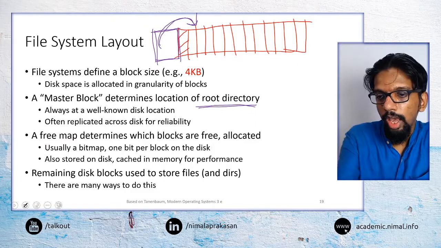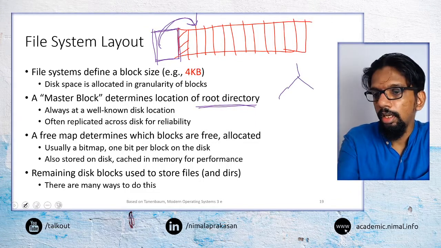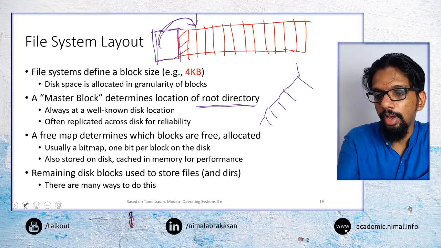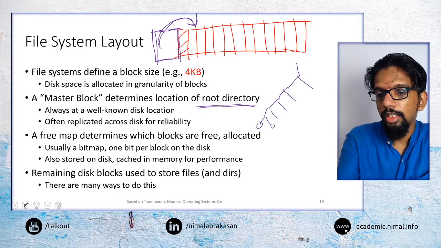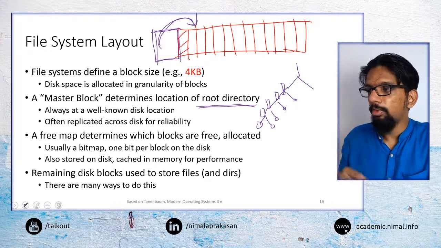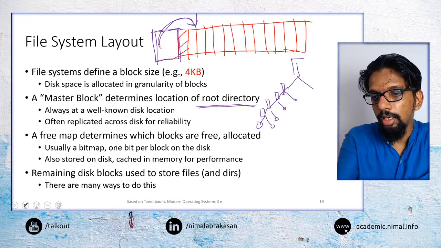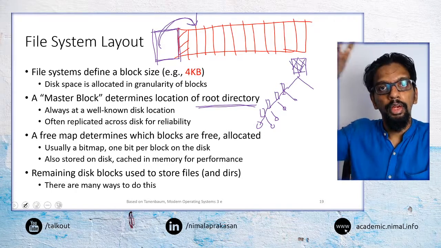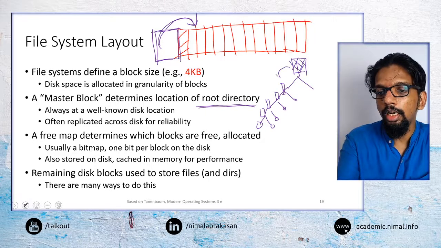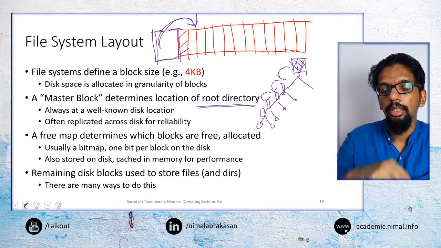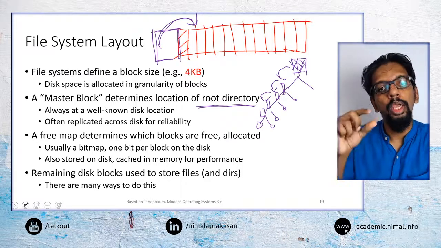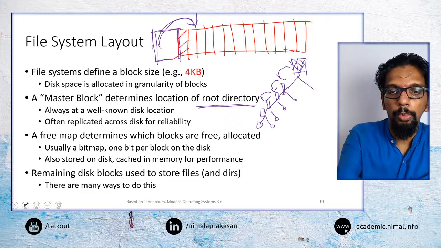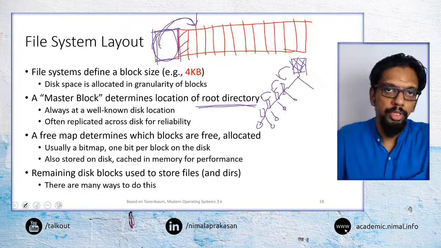Say you have a hierarchical file system and you have a number of directories and files and so on. All these things can be stored somewhere, and each of these is going to have a directory file. But for a file system to read, we should be able to identify the first directory, the root directory. If we read the first one, then we can start reading all the pointers after that. So the root directory should be located in a well-known place, normally at the beginning of the storage medium.